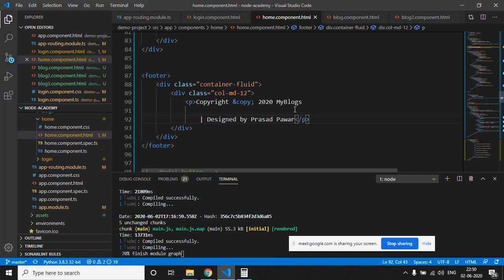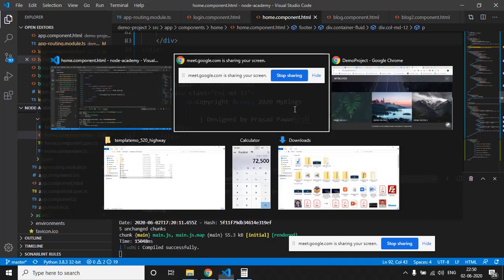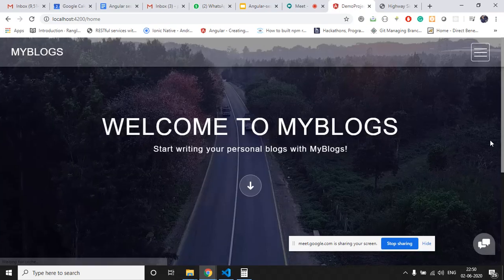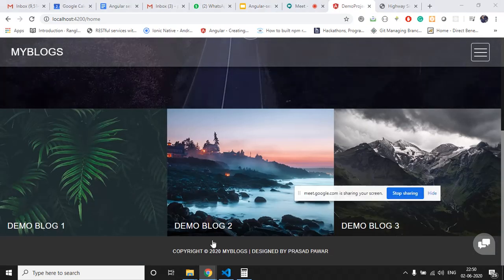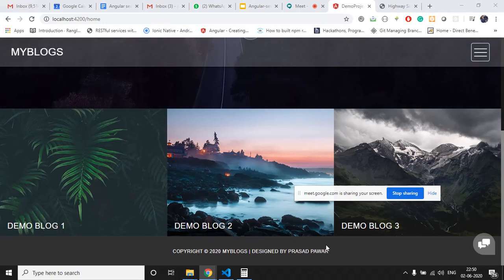Just the textual changes, and let's see it in the browser. Yeah, we have changed it here. Copyright 2020, my blogs and designed by Prasad Pawar.